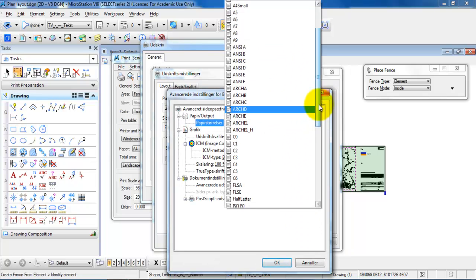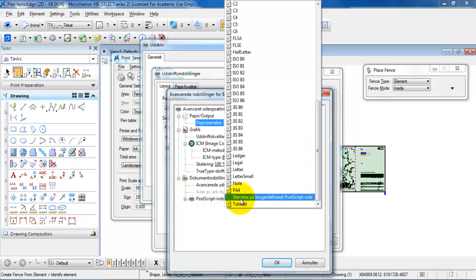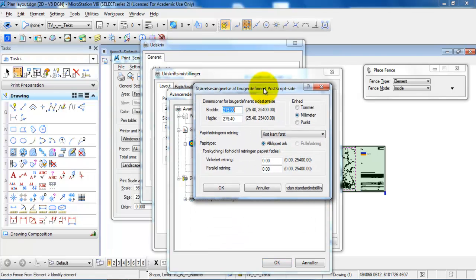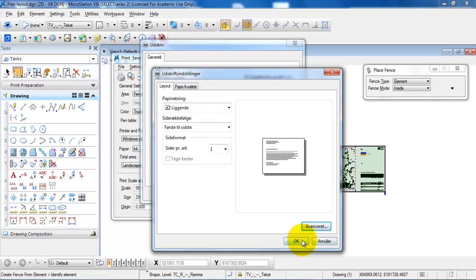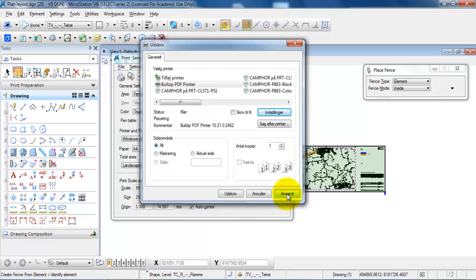And from the list we will select the user defined, which is usually located in the bottom, and just make sure that it has been set to millimeters, and in this case the width was 1470 millimeters and the height is 297. So I'll just click OK and OK, OK, and just mark